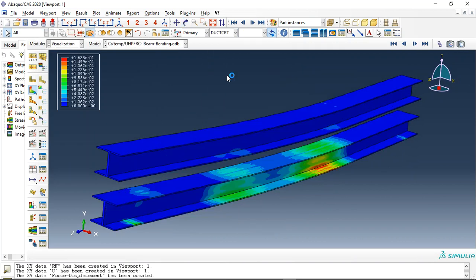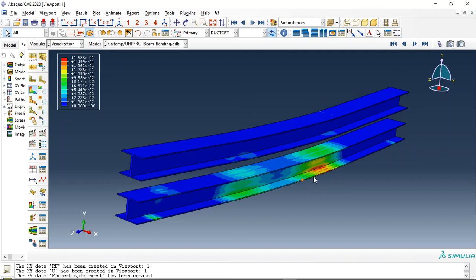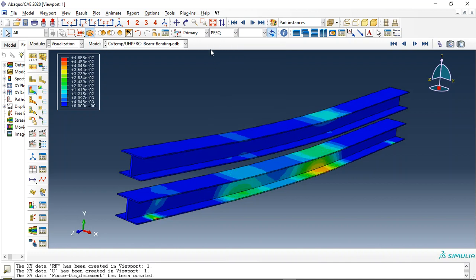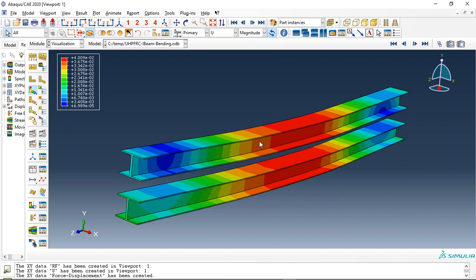You can request the stress, the ductile damage. The ductile damage almost happens for the bottom I-shaped beam because it experiences more bending, plastic strain, displacement, or anything else. Also,